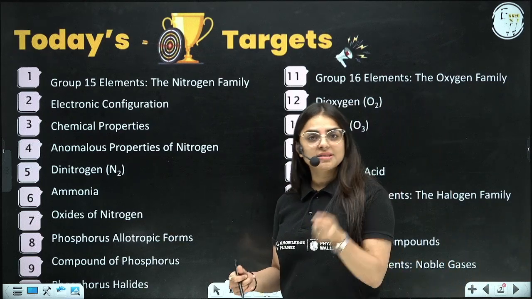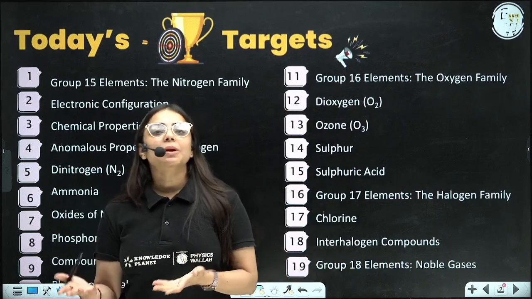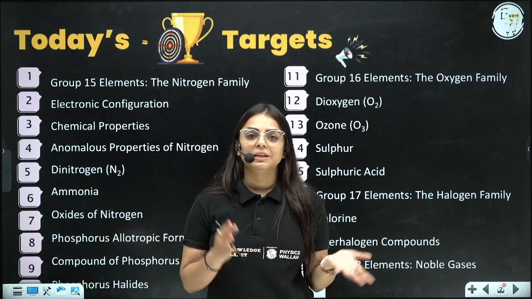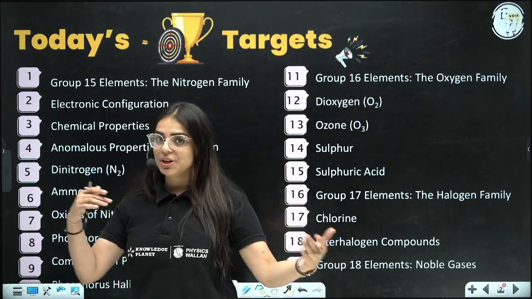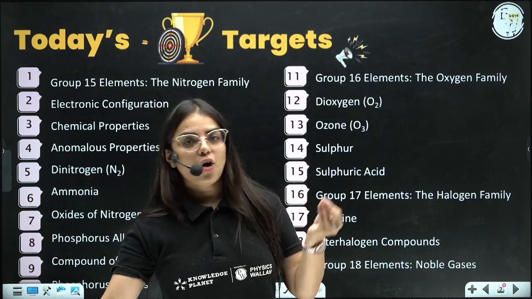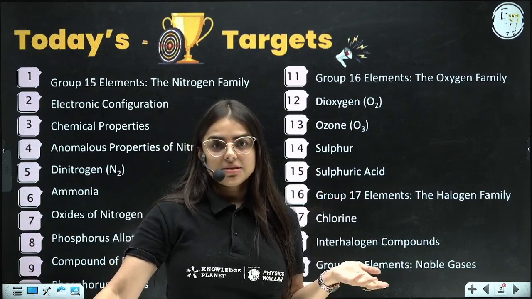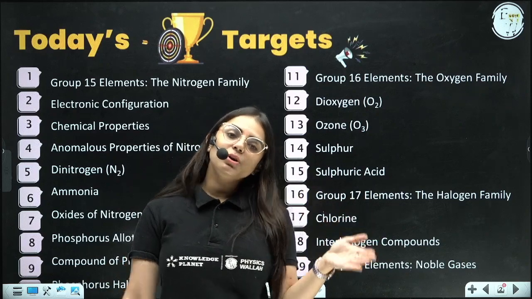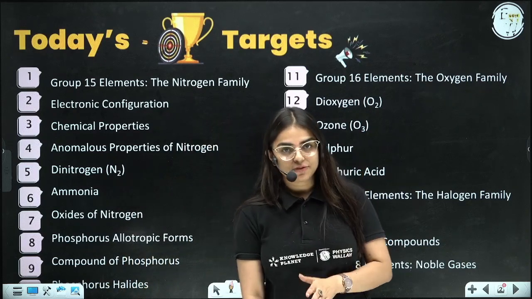Similarly, group number 16 is your oxygen family. Group number 17 basically is your halogen family, and group number 18 is your which family? Is your family of the inert gases. So basically what is going to happen, we are going to cover one by one each and every family and